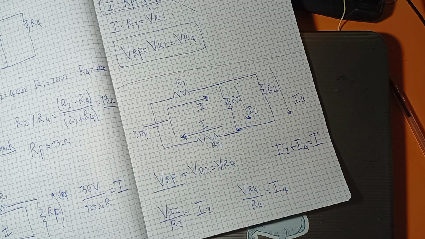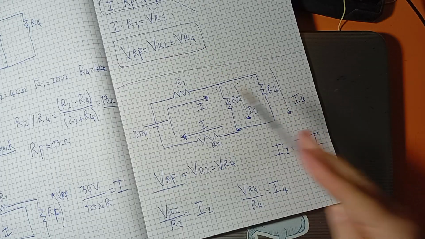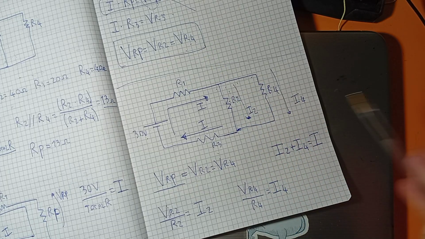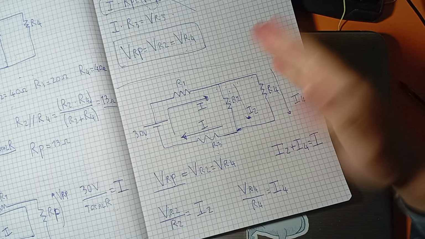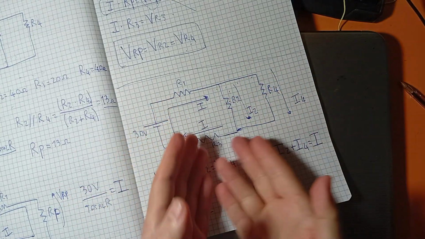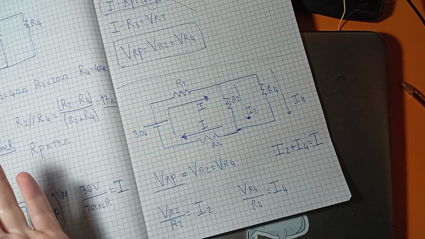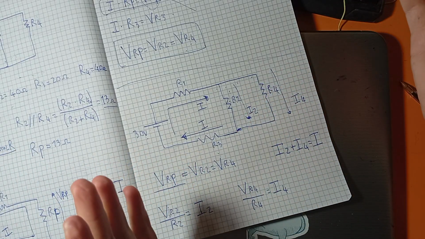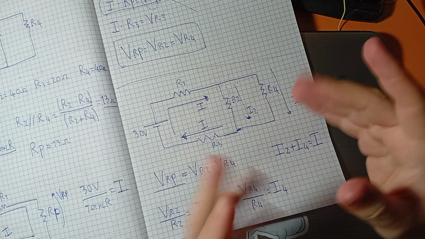Then I make this calculation here. I divide the VRP by each resistor on its branch, and I obtain the current in each branch. This is what I have to do to calculate each smaller current. If I have, let's imagine, 10 branches here, this total current will divide into 10 smaller parts, and then they will unite again here. Obviously, the more branches I have in a parallel, the smaller the currents will be, because the total current has to divide into many parts.